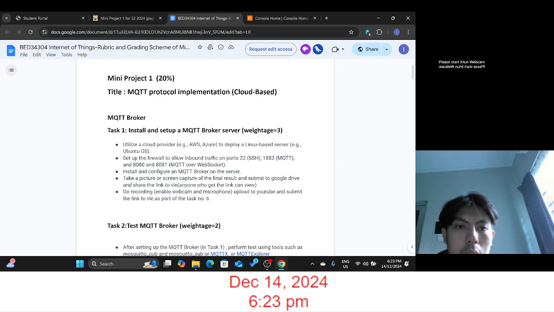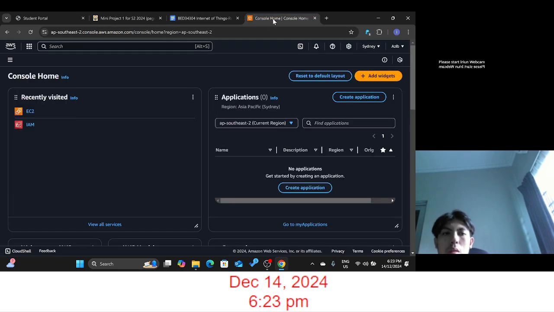So now I am going to do task 1 for our mini project 1. For task 1 we need to configure, install and set up an MQTT broker server. Firstly we go to our AWS